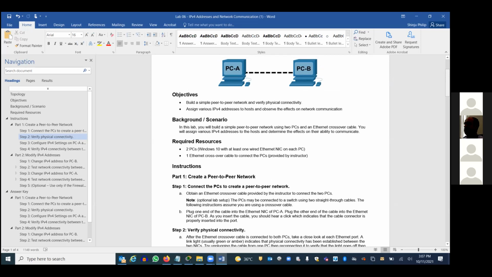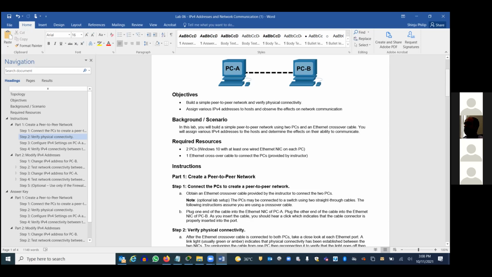So what if you have more than 2 computers? What if you have more than one? You need a switch to communicate, right? But if you have 2 machines, you can communicate with each other without a switch. Correct? How? Wire, yeah. So which wire? If it is a similar device, which wire, straight or cross? Cross, right?